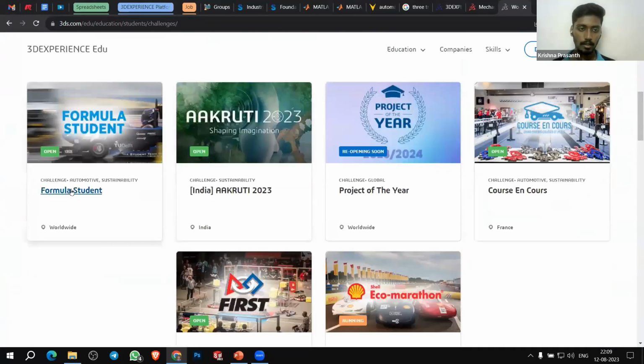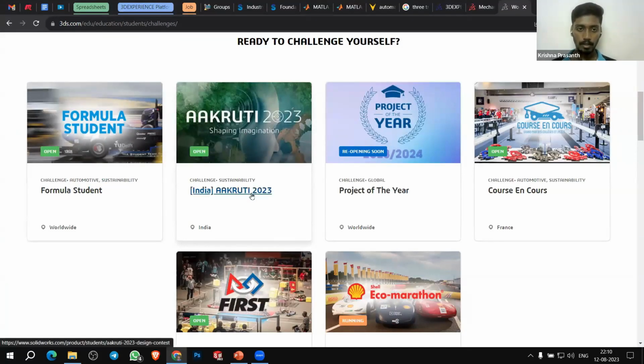Like you can see the Formula race, right? For the event, you need to design the vehicle. For that, we can get access to the software. And as I said, in India the event is organized every year. We will have the project of the year soon. I think it will open around September. That is my guess.